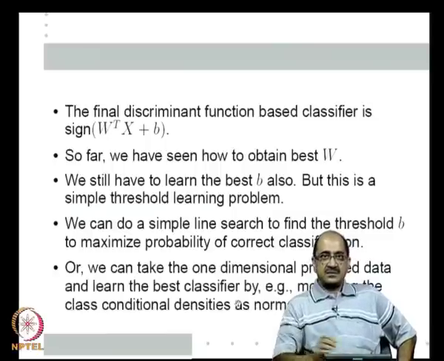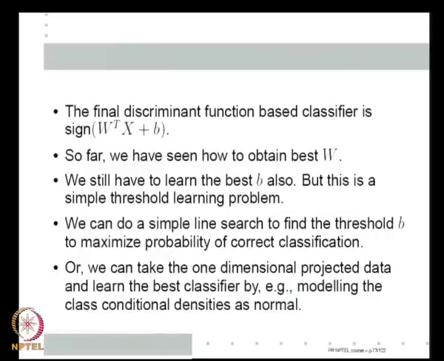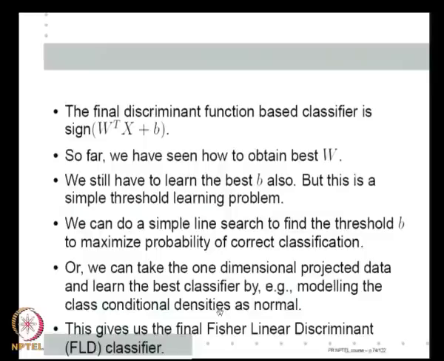Or what we can do is take the projected one dimensional data Zi, that is what we have, with class labels, and simply treat it as a one dimensional pattern recognition problem, and it is very easy to solve. For example, we can take the class conditional densities to be normal, estimate the associated normal densities, which is very easy to do in one dimension as you have seen, and then take the Bayes classifier based on the estimated densities. This is also often done. So, in whichever way we do, that gives us the final Fisher linear discriminant. So, this is how I would obtain the Fisher linear discriminant.